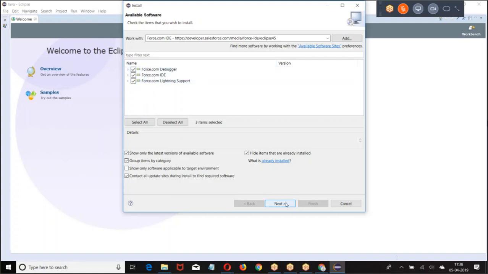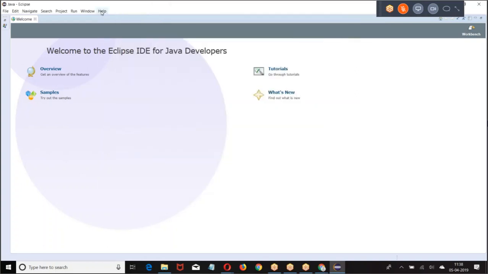If you search for the Salesforce Eclipse plugin, you get a URL. Once you get the URL, what are we supposed to do?